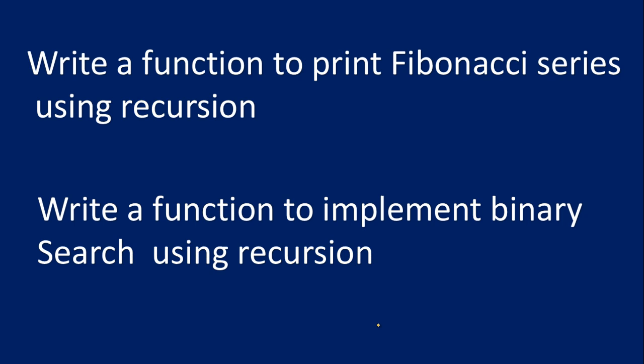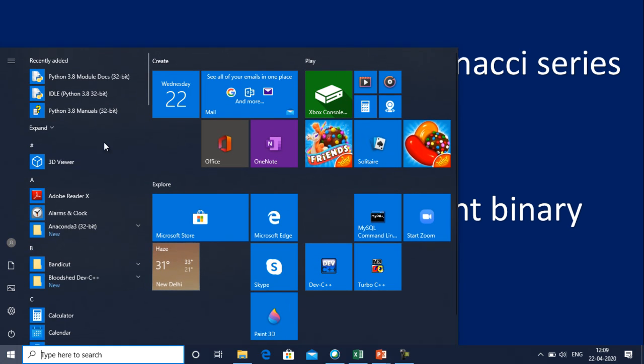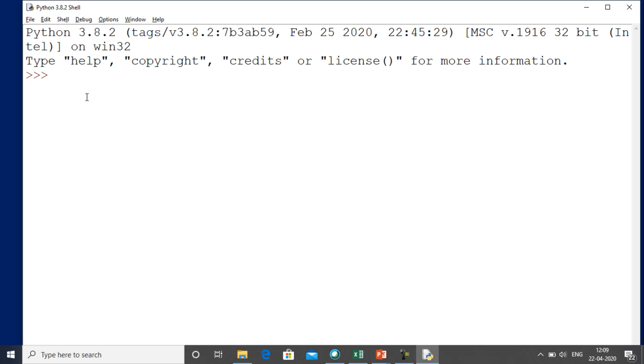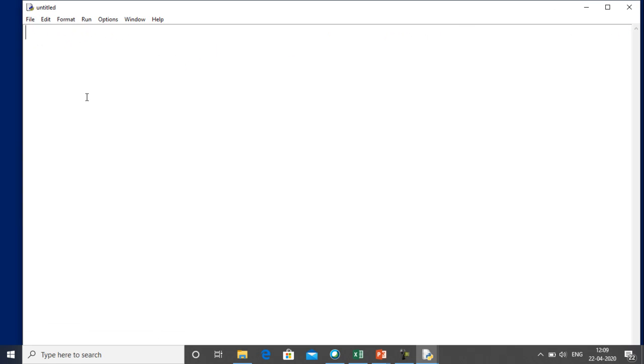So let us complete this one. First I will open the Python interface. Now Python is open. I will open a new file and write the definition. So def, suppose we give the name Fibo, and n is the number of terms till which we have to generate the Fibonacci series.